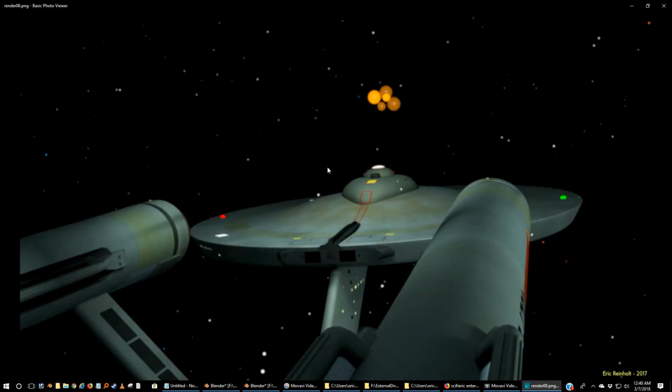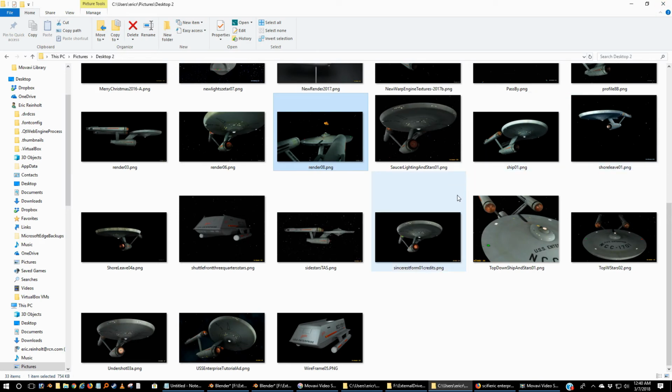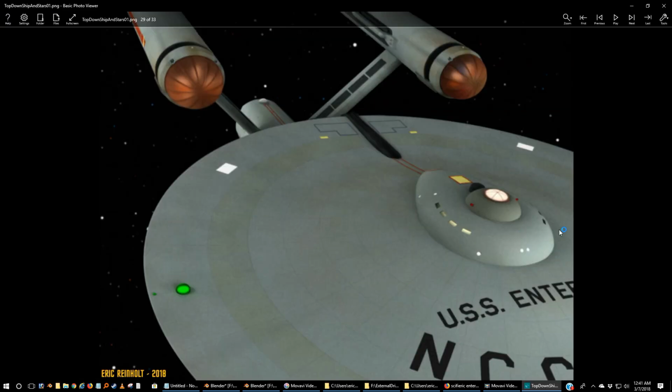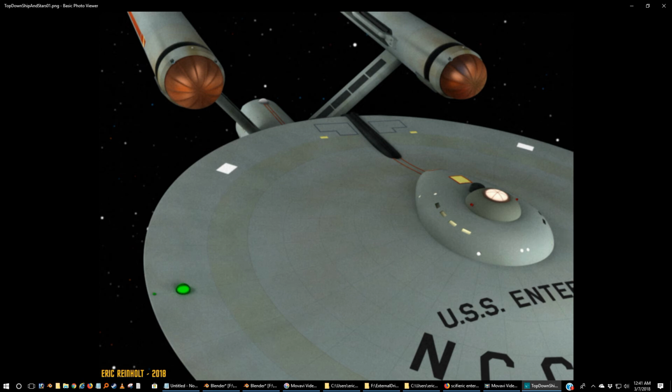Here's one frame from the animation that I made, and you can see that the angle is similar. There's my Balak ship in the background with the 5 spheres, and my particle system for the stars for this image. And I did that last year in 2017. I'm still tweaking things and changing them. Like I've got to change my bridge and the upper sensor dome here, because the upper sensor dome is a little too small, and the bridge should be larger on the BC deck. But that notwithstanding, this was the first image that somebody said, "Oh, I remember this shot from